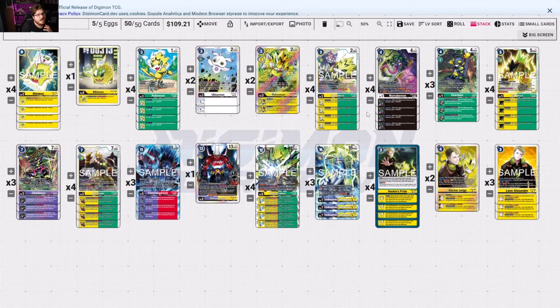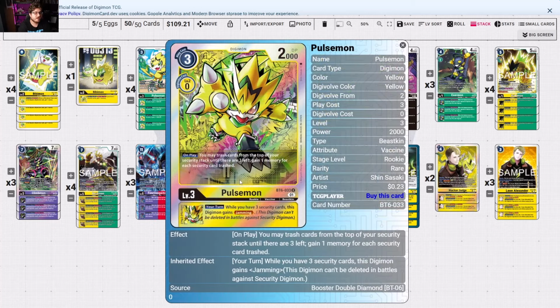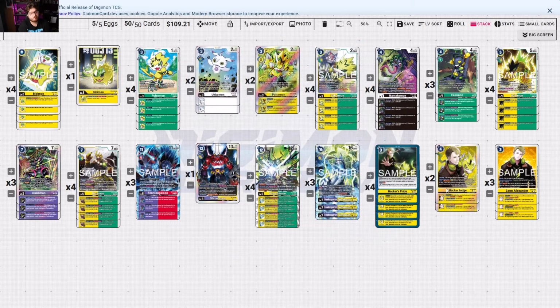Then we do have Pulsemon. Pulsemon got a lot of new toys to work with, and it's really showing and telling. The fact that Pulsemon can kind of just do what it wants is not bad, especially because if you combo in at the right time with this Pulsemon here, being able to trash the top card of your security stack until you have 3 less, gain a memory for each card trashed,